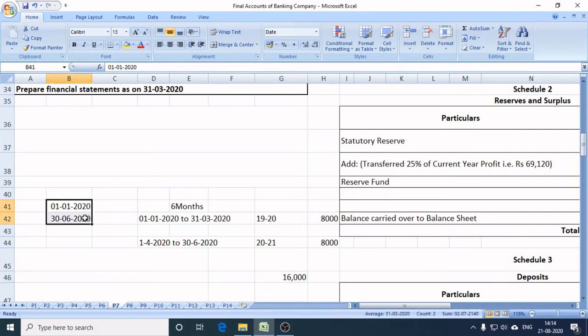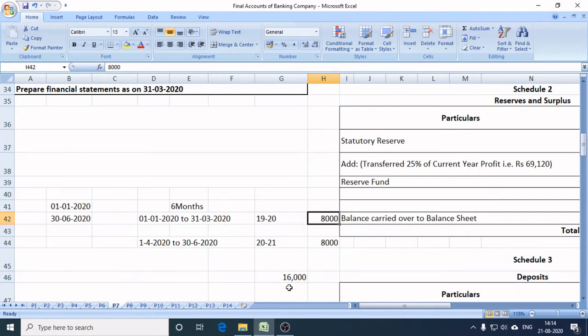Now you have made an investment for 6 months. Out of the 6 months, the period from 1st January 2020 to 31st March 2020 belongs to the financial year 1920, and the next 3 months, 1st April 2020 to 13th June 2020, are part of the next financial year, 2021. It means for 6 months you are going to get rupees 16,000. So for the first 3 months the interest amount is 8,000, and for the remaining 3 months the interest amount is 8,000. Now that 8,000 rupees should be treated as income of financial year 1920,